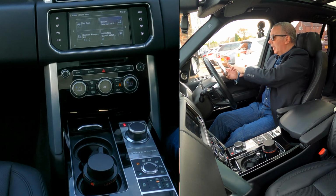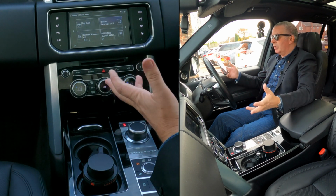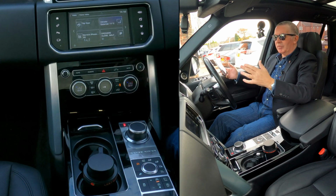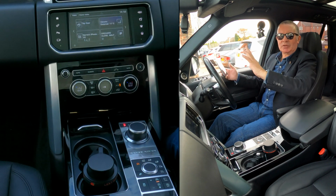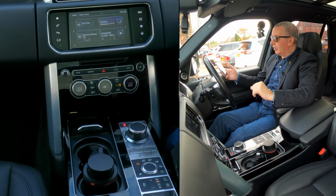Range Rover. I've got it turned down because the copyright system at the moment on YouTube is getting harder and harder. So I'll not play any music, otherwise sometimes the whole soundtrack gets struck off. So